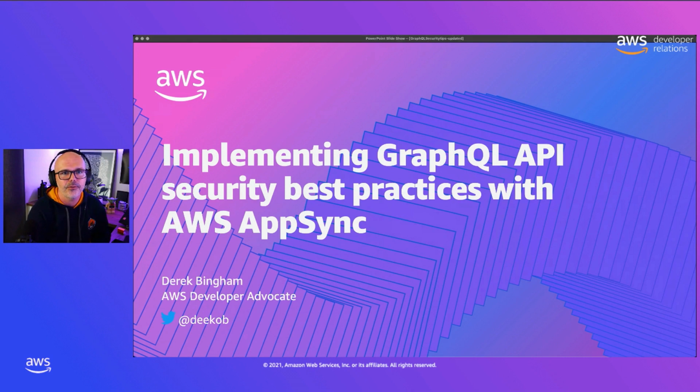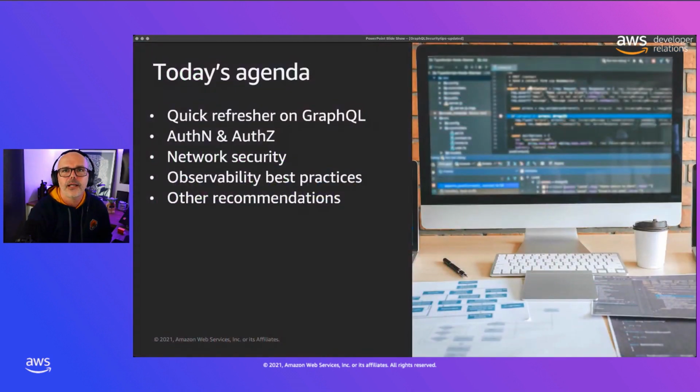Let's start the slideshow. Okay, so today's agenda. I'm going to start with a very quick overview, probably one slide or so, of what AWS AppSync is. Then I'm going to dive into how you can set up AppSync and use some of its functionality to protect access to the GraphQL APIs that AppSync runs for you.